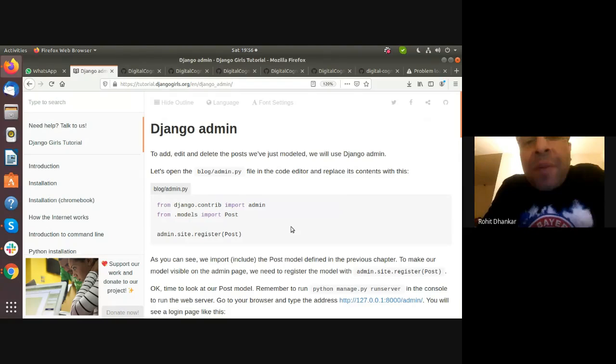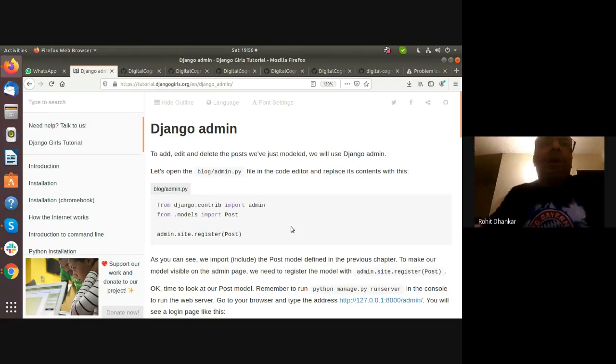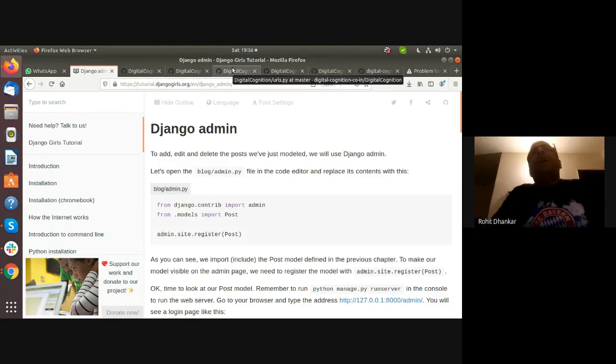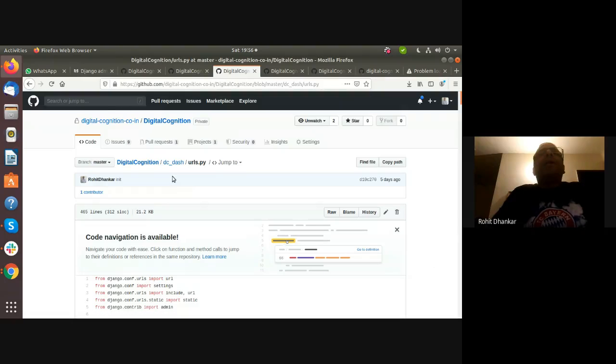Okay, now the Django admin. See, admin is basically for some administration tasks, and it is a default feature which is given. And like Shashwat was saying, what if we don't create models? If we don't create a model and then directly we have something in the table, we can't see it in the admin side. At least I have not done that till now. I'm sure there is some way of doing it, but I have not done it, so I don't know. Whenever a model gets created in Django, we can register that model on the admin site, and then we can see it in the admin login, so to say. So I'll show you the admin file, what it looks like, and I'll try and explain whatever I can.